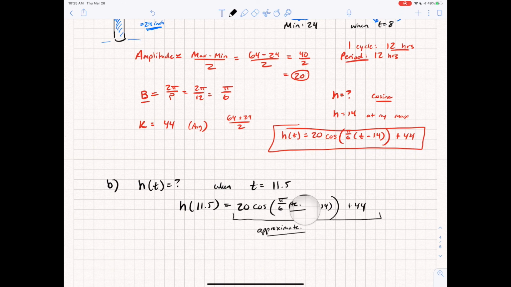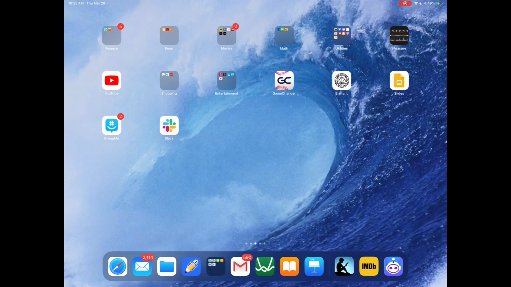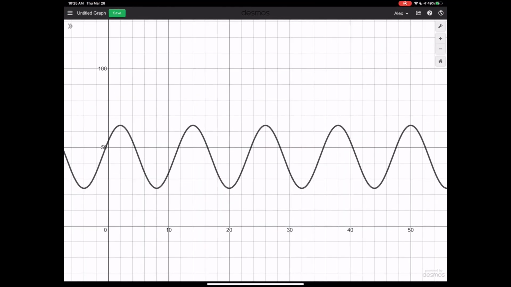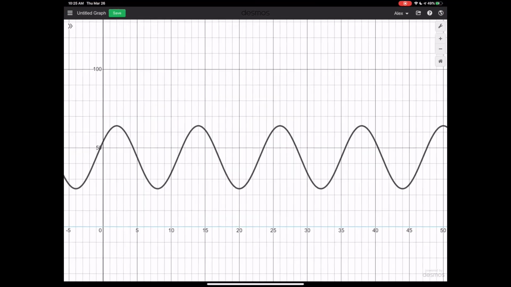When you use your calculator for this, we're using radians, so make sure you are in radians. And you could just take this and plug and chug. In Desmos, just to show you this trick, I'm really just trying to find out when x is 11.5,